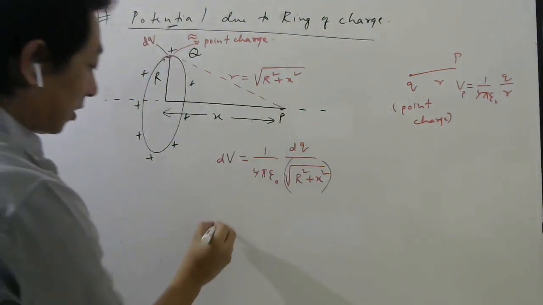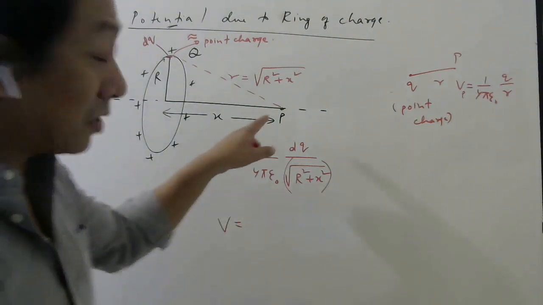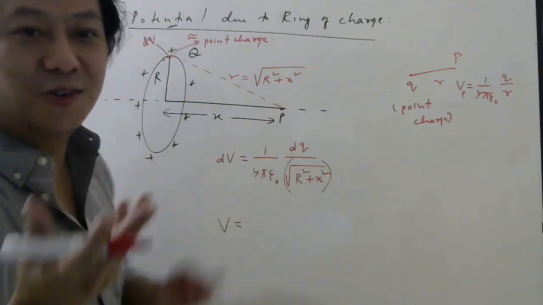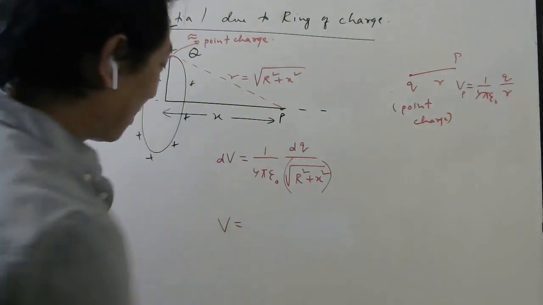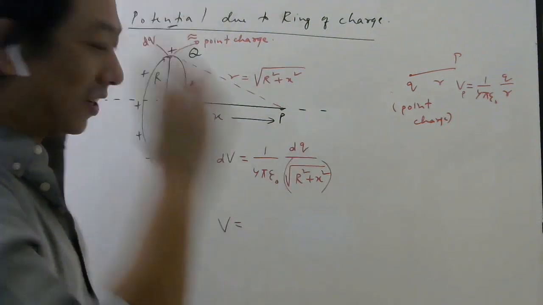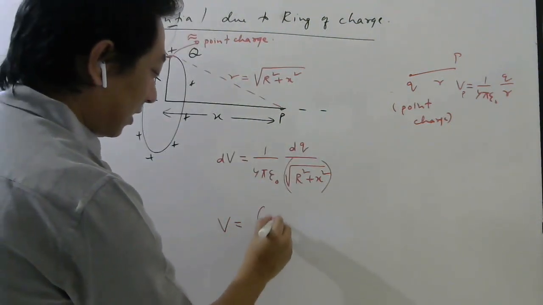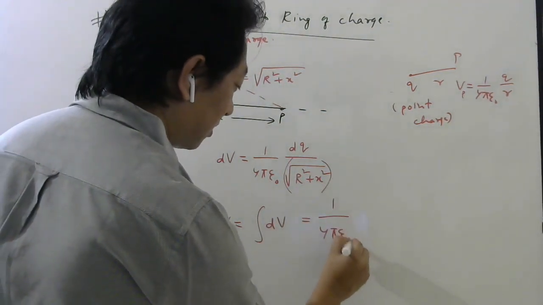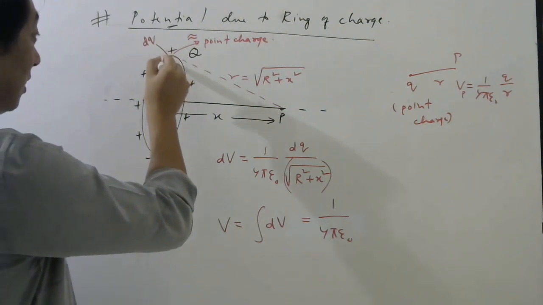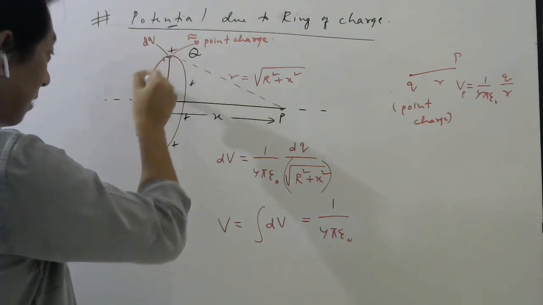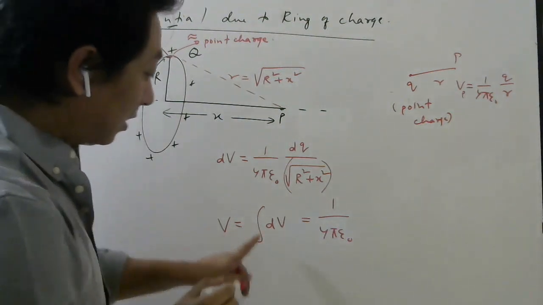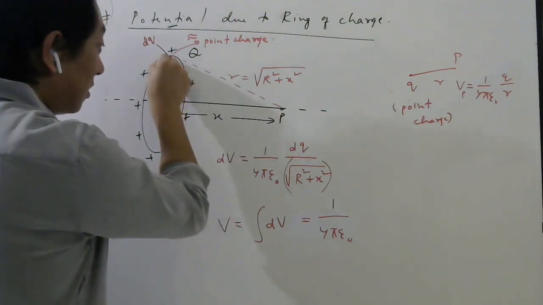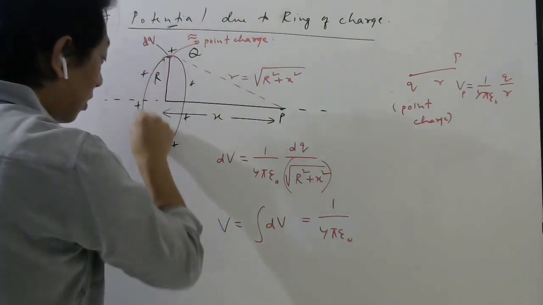Now to find the total potential, students, when we did the electric field, if you remember, we had to show direction also, and then we took components. Here there is no need, because it is a scalar quantity, it is very easy. Once you find the potential, you integrate. So total potential will be the integration of the small potential. Constants you take outside, 1 by 4 pi epsilon naught is constant. As I move along this ring, this integration means you have to find the potential here due to this, then here due to this, and like that you have to cover the whole ring.